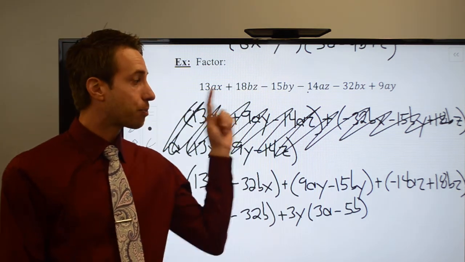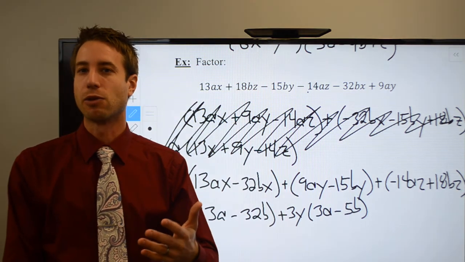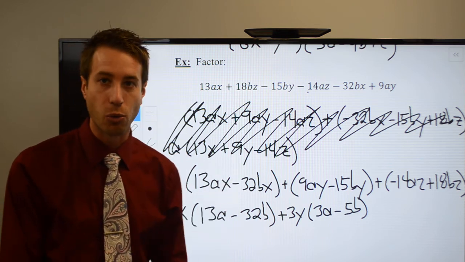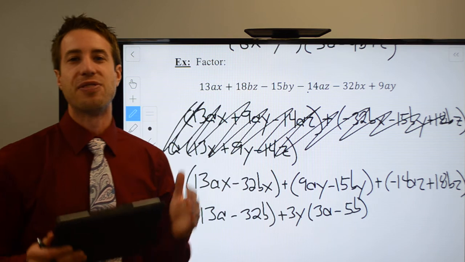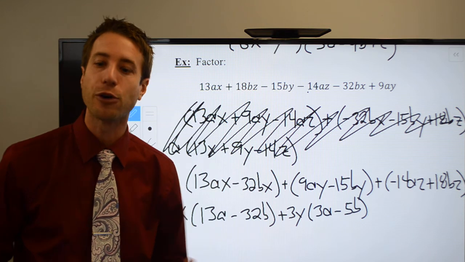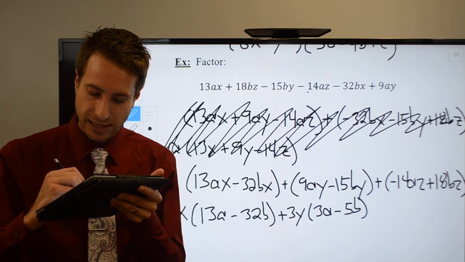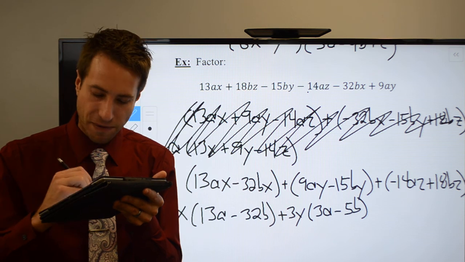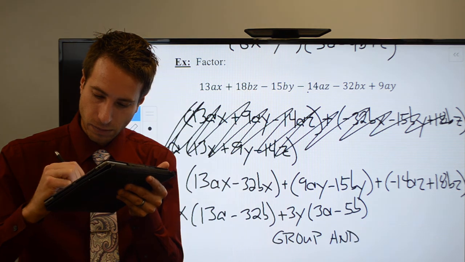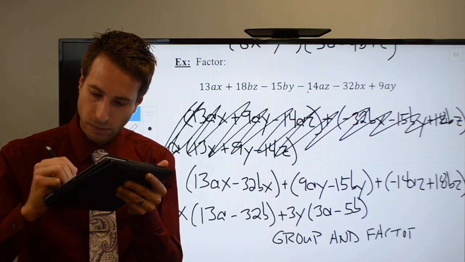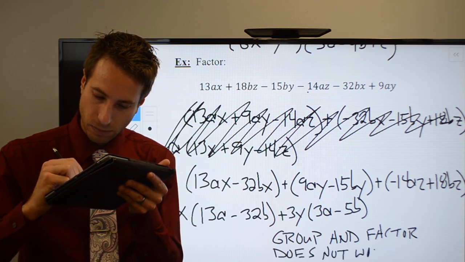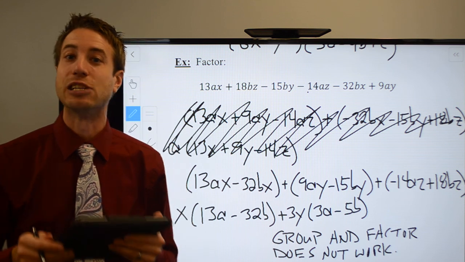And guys, this problem actually serves as a great example of something that you'll find can happen. If you try a couple of times and it's not working out, it is totally possible that group and factor does not work. These don't have a GCF no matter how you were to group them. And we simply write this guy is prime. So if group and factor does not work, then the polynomial is what we call